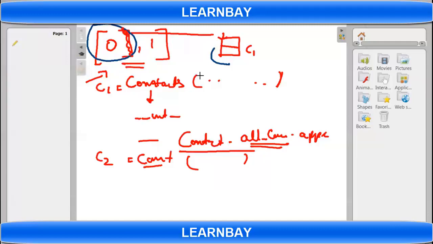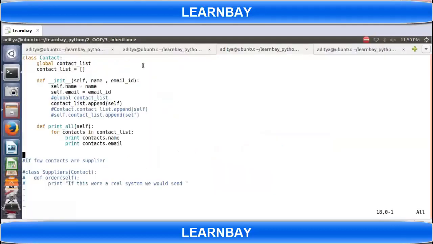That is a class wise variable. Whenever you write something like this above all the functions, it will become a class wise variable which will be shared among all the objects of this class. So let's say you have n number of objects, C1, C2, C3, C4, they all will share this. So that is class wise memory. It is not object specific memory.